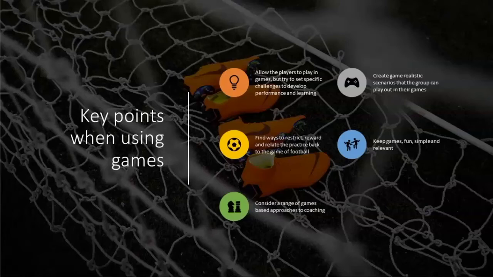So a few points. Setting some challenges. Let's think about our role as coaches in the current climate that we're in, where we can't run training and we can't help in a practical sense. But maybe we're looking for a way to influence the players in our care when they're at home doing stuff in their garden. We can't control that, but what we can do is set some challenges. A challenge for a player at home could be, you send a WhatsApp out to your group of parents saying, in the garden today, I want someone to send me back a drawing or a video of the most creative thing you've done with the ball in the garden today. I'm sure you'll get a whole range of answers coming in.